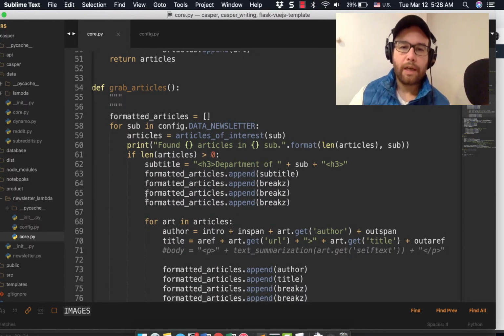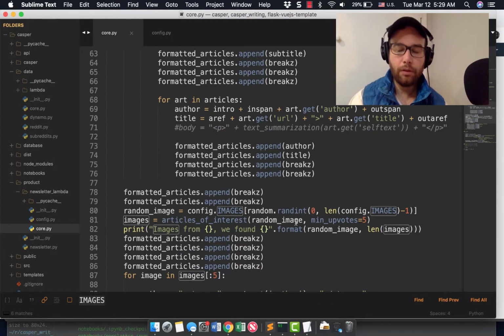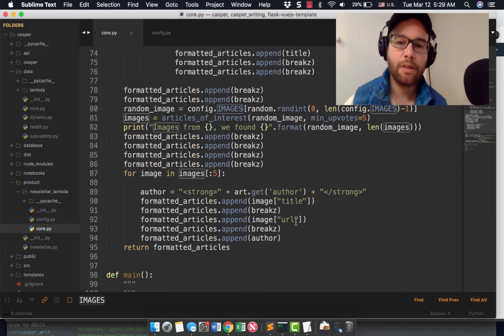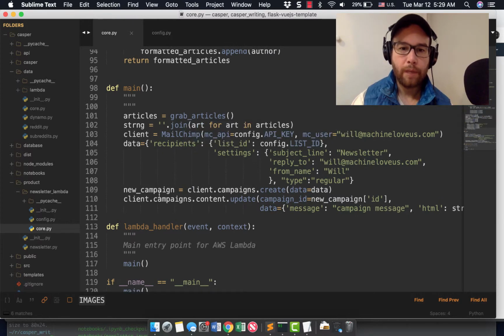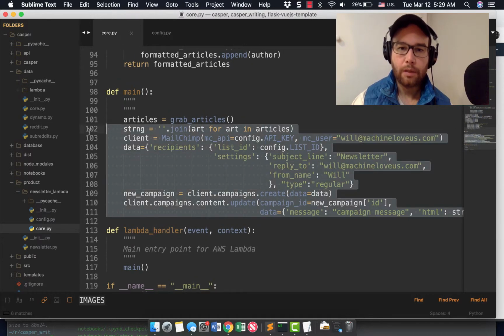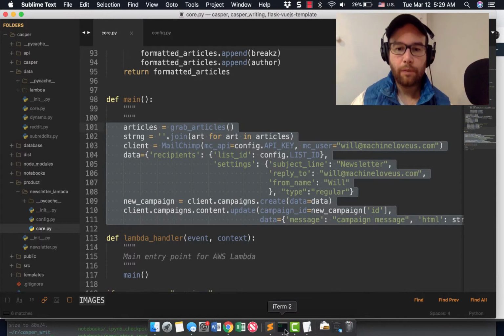And so once I have all of these articles from all of these subreddits that I've chosen, I go through and I format them in a way that would be useful for a newsletter. This also includes getting some images and putting those images in the email as well. And so finally, the last thing is to set up the MailChimp part of this so I can create a campaign in MailChimp, essentially an email draft, and have that. So if I run this,